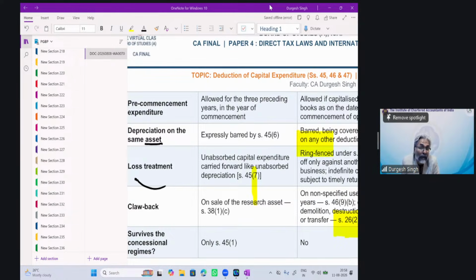So for whom is this section? Under this specified business, who are the SSC who will go under 46(1)? For example, I'm in the hotel business. I've got two hotels, and they are 2-star and above. I don't intend to construct any further new hotels in my life. I just want to maintain these two hotels. Then do you think this alternate tax regime will have any sense for me?